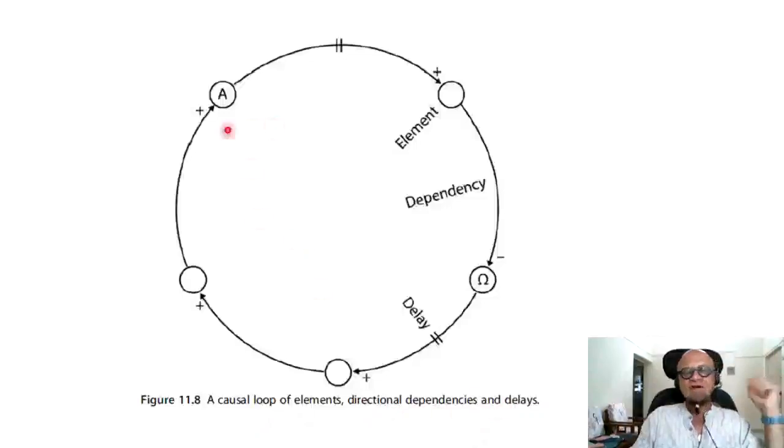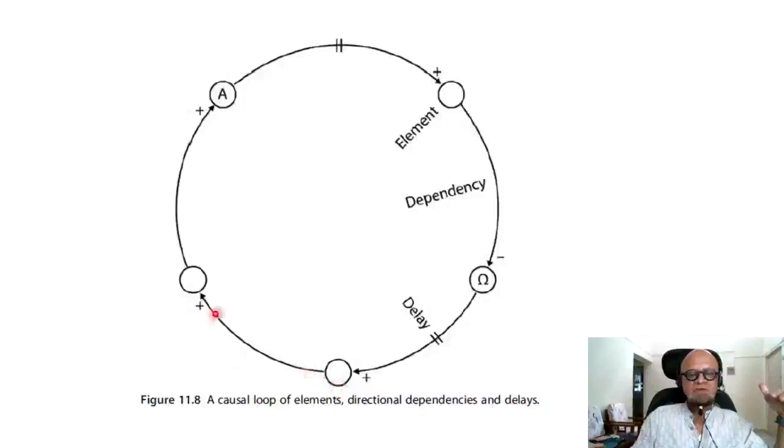So you have an element sitting here and depending on something like omega, it is a negative dependency in the sense that if omega increases, then the element goes in one direction, which is towards stabilizing, let's say, or damping, and if omega decreases, then it goes the other way. So this is like a thermostat, if you will, and with the delay this will feed to another element, so